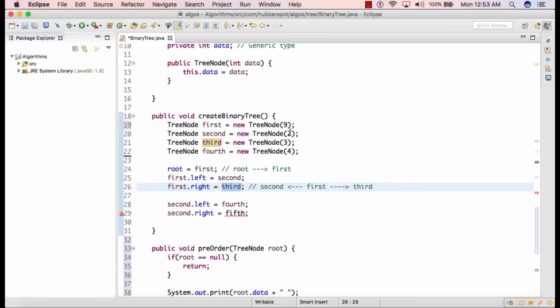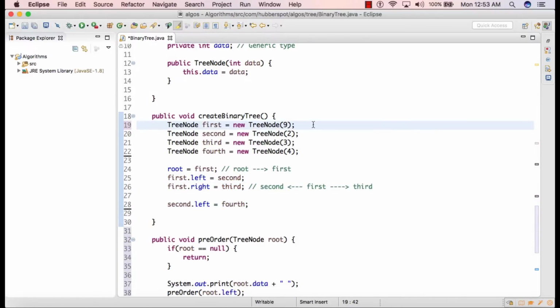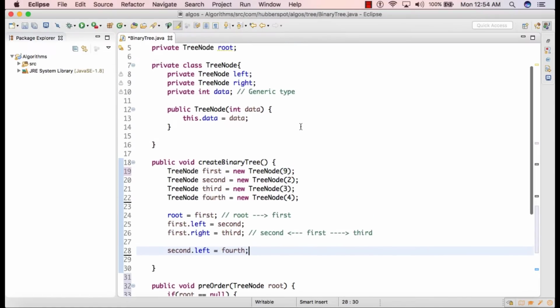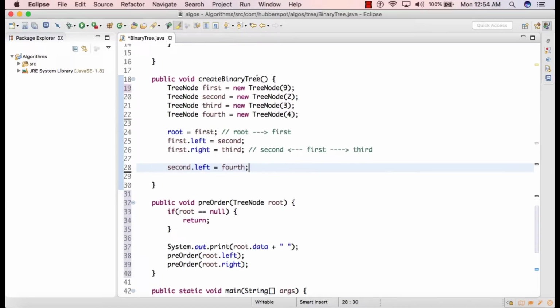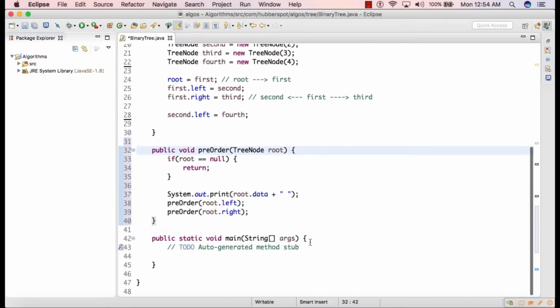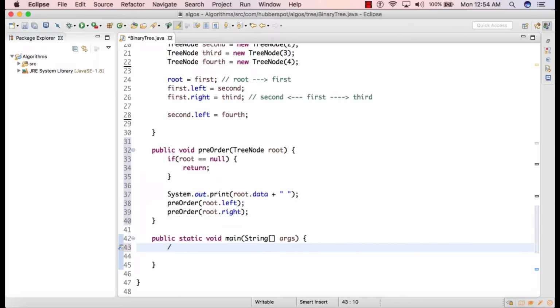And we also know that node 2's left pointed to node 4, and we'll just simply remove this line. So here we have created the binary tree which we discussed in the slide, where root is pointing to 9, whose left is pointing to 2, whose right is pointing to 3, and then again 2's left is pointing to 4. Now after creating this binary tree, let's test the working of this preOrder method. In the main method, we'll first create the instance of the binary tree.